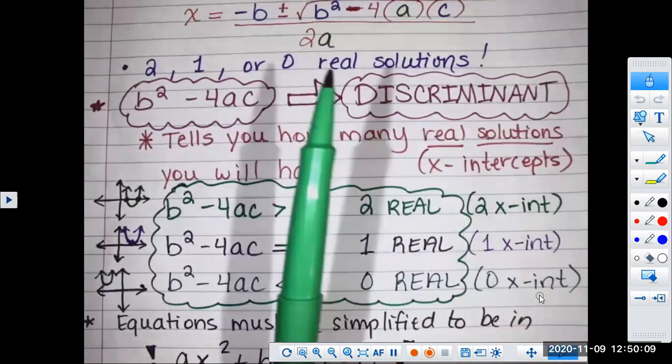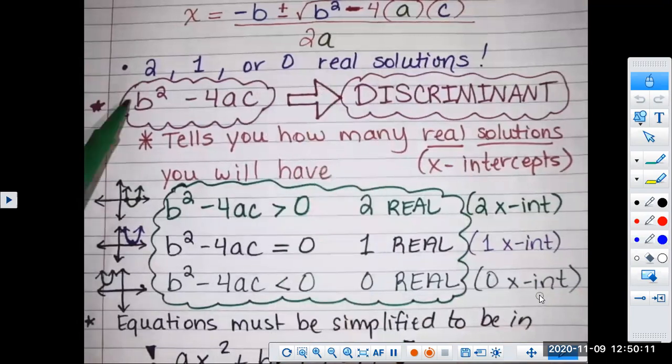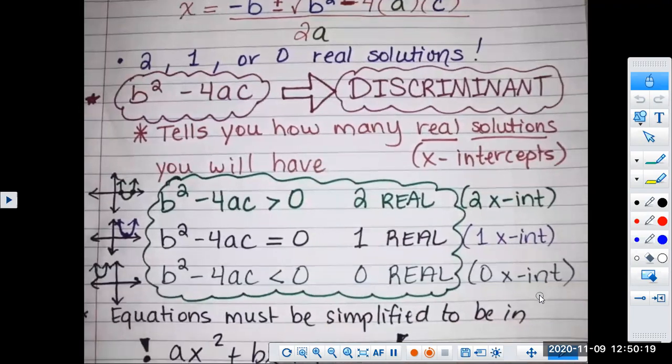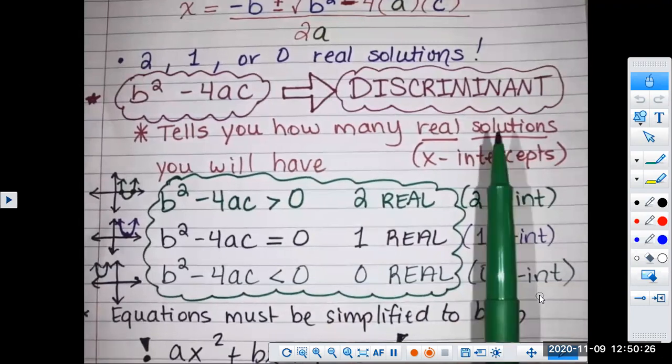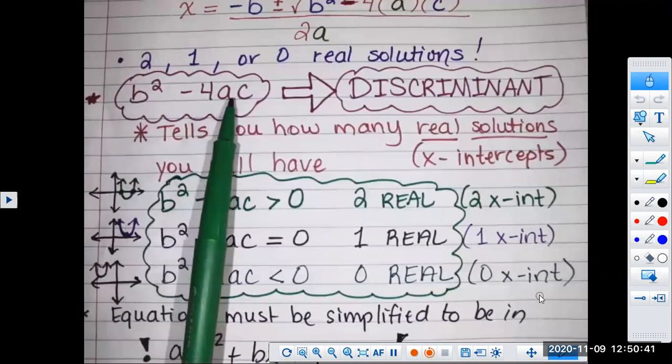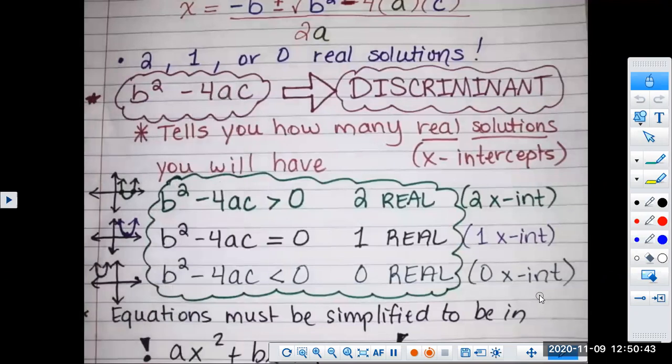When you calculate this value, it's going to tell you how many real solutions you'll have before you even keep solving the problem. And remember, it's also your x-intercept. So you're going to have some problems that say, without graphing, tell how many x-intercepts this quadratic function will have. All you have to do is calculate your discriminant value, b squared minus 4ac. If you get that it's greater than 0,